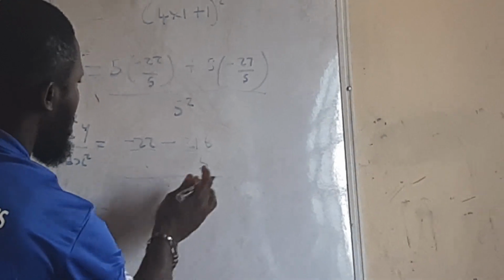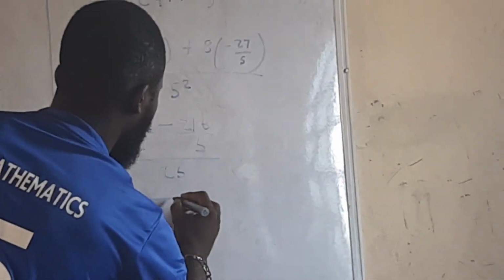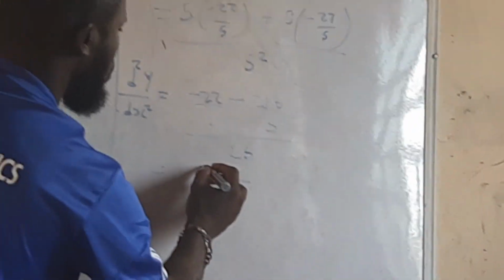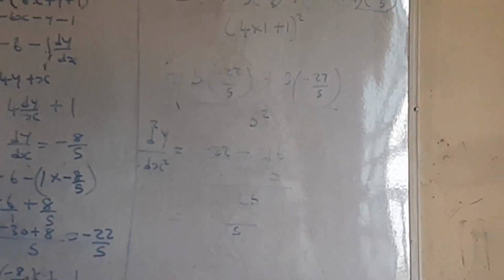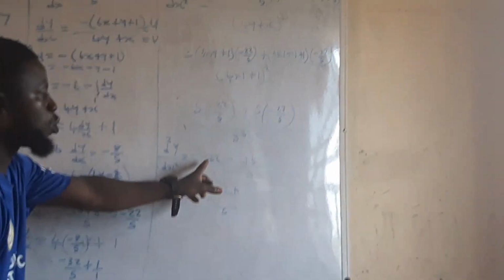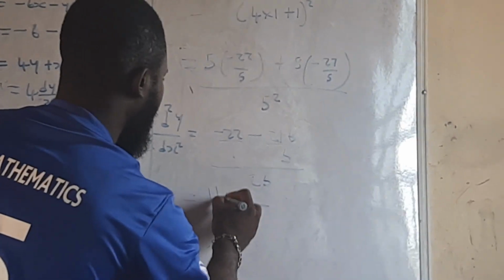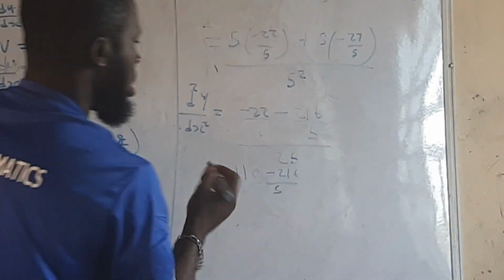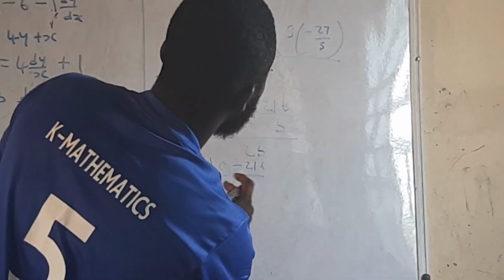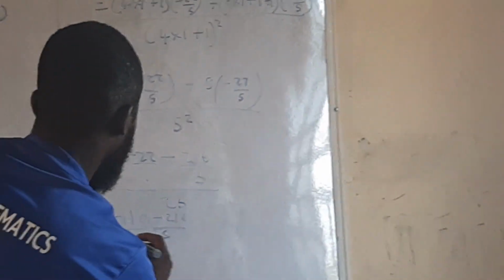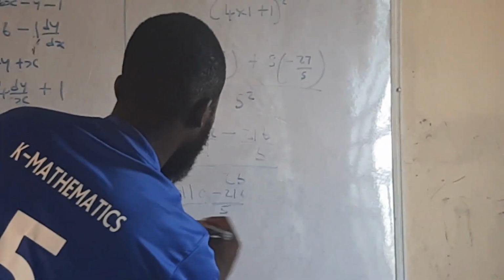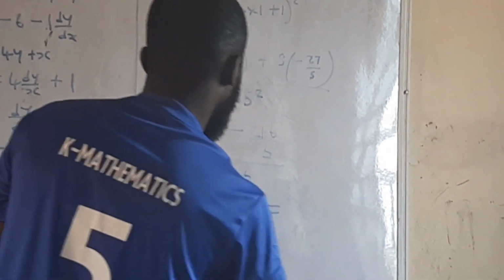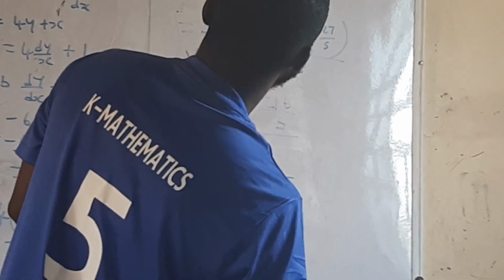So this will give us, LCM is 5 here. That's 5. 1 in 5, 5. 5 times 22, 5 times 2 is 10, you keep your 1, 5 times 2 is 10 again. That is 110. Minus 110 minus 216, then all over 25. So which will give you